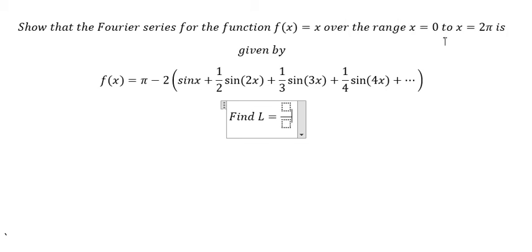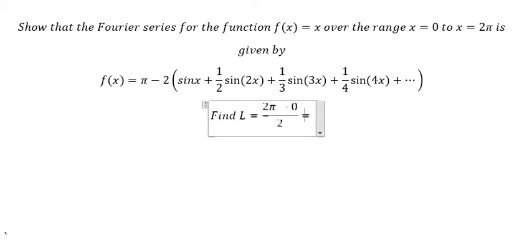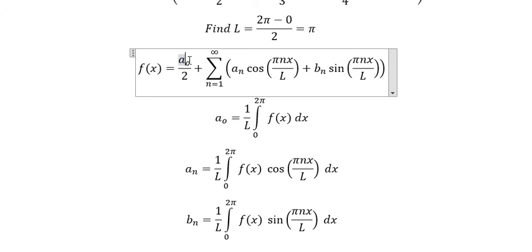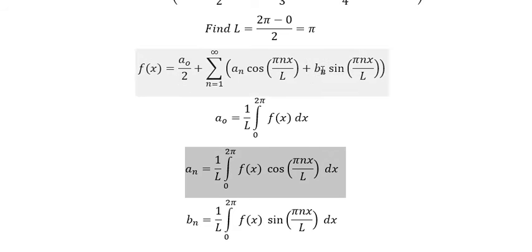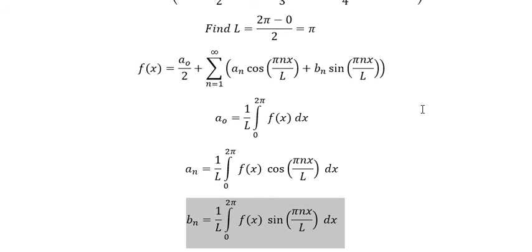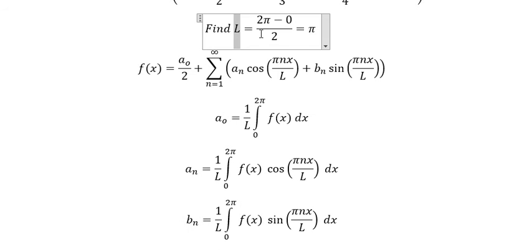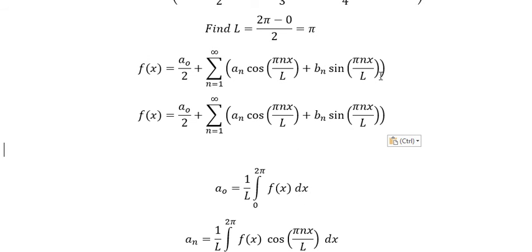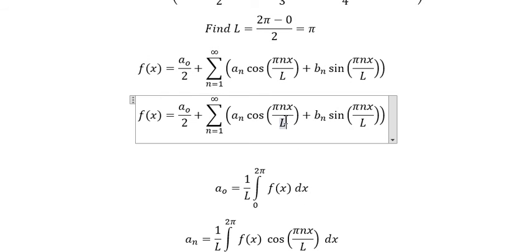So we use 2b minus 0 divided by 2 and we have b. Now we apply the formula in here, and that is the formula we need to concentrate on. So a0, that is about this one, an, that is about this one, bn, that is about this one. We know that L we just calculate in here, that is b. So in this situation, we put b in here,